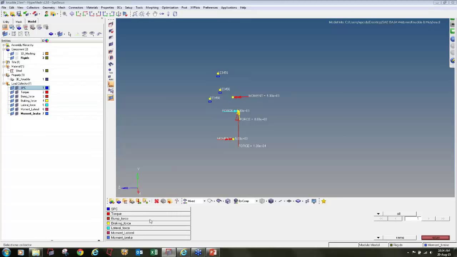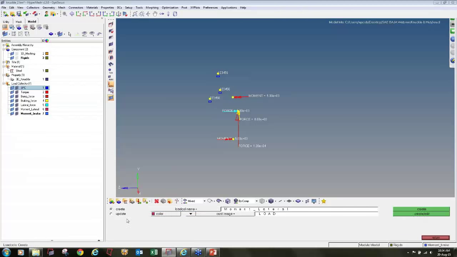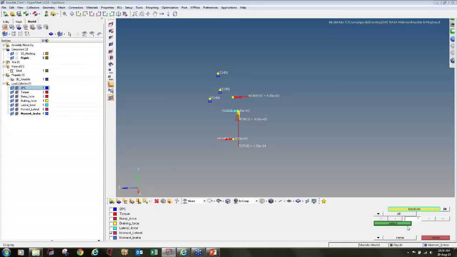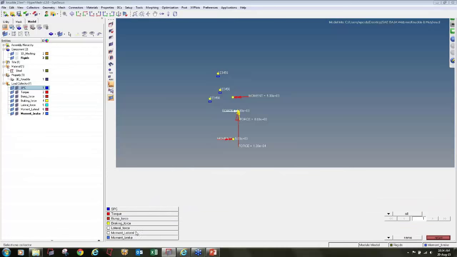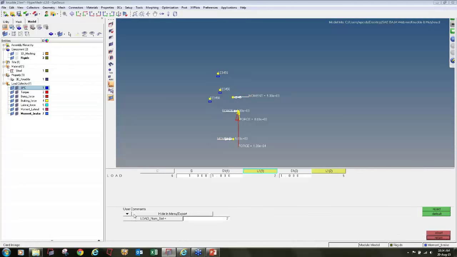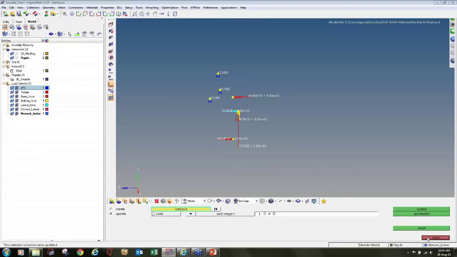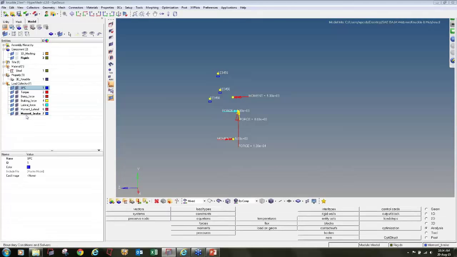I'll quickly check moment lateral whether I have given the correct load cards or not. No, I have to give torque on this. So that was the correct one. You can check here also. So I have given two load sets, that is moment, lateral,